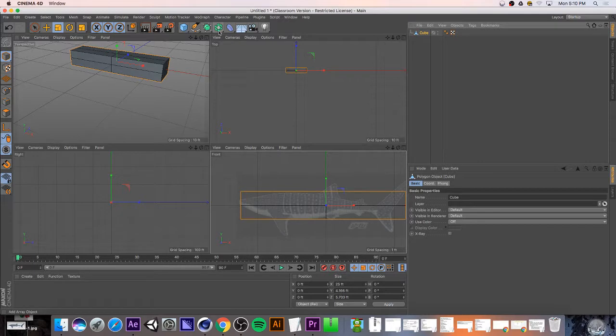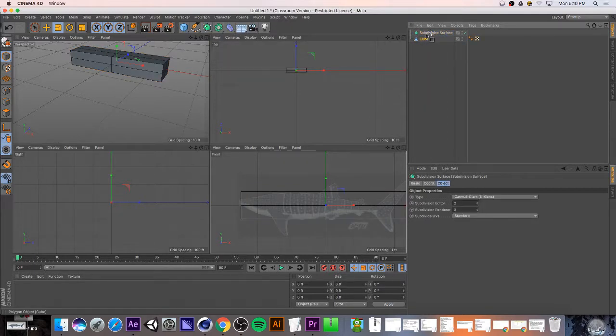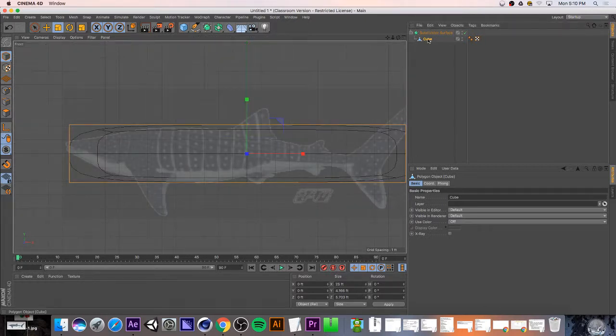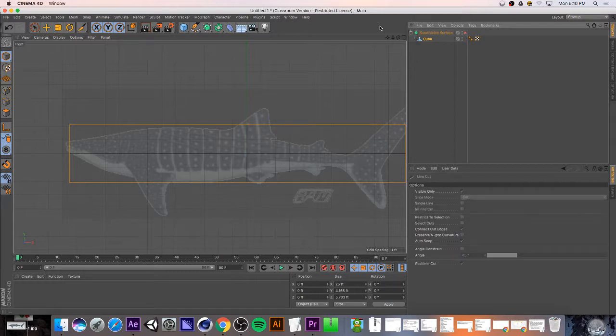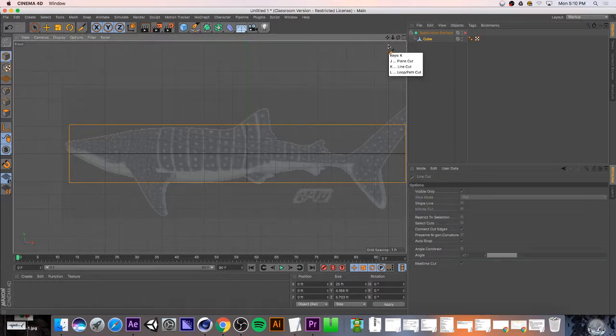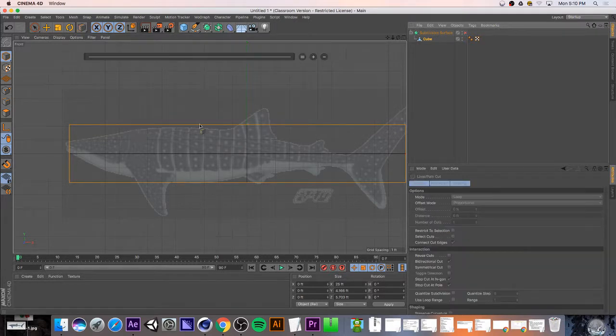Now let's see. Make sure we can bring this in. All right. And let's get the knife tool. Turn this off. Now, the different thing is the knife tool just used to be K. Now it's a combination of either KJ, KK, or KL, all right next to each other on the keyboard, right? So you have to know how you want to cut. Do you want to cut a plane, do you want to cut a line, or do you want to cut a loop? And for our case, since this is already around, we can go with KL for loop path,